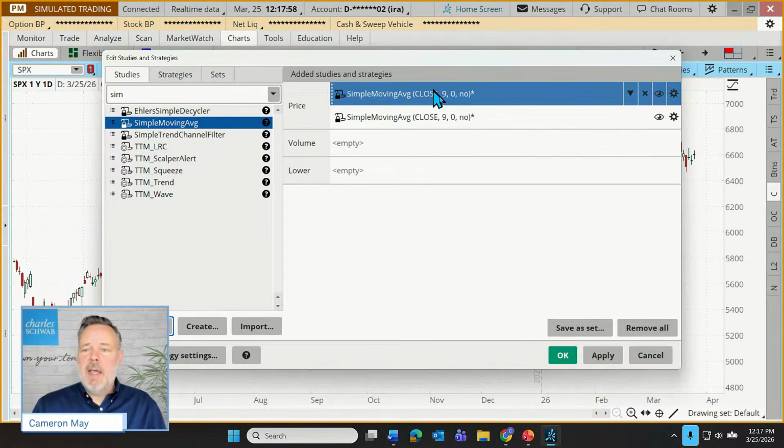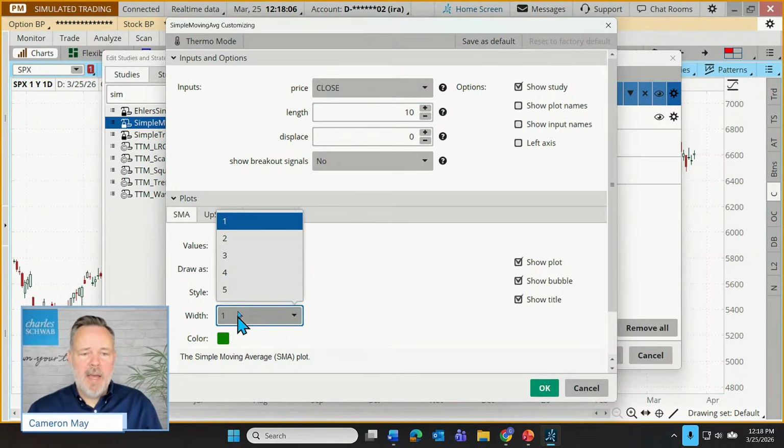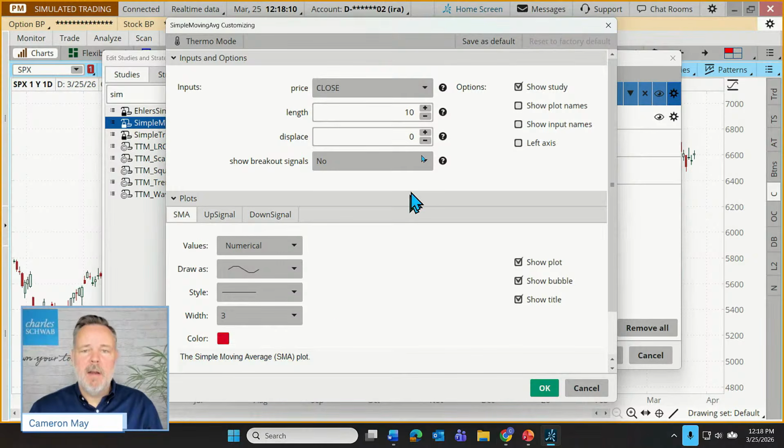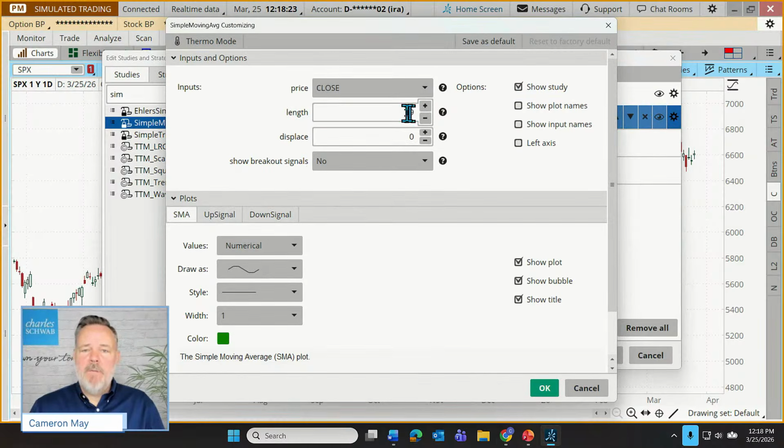How about for our first trend line, let's use a 10-period trend line, and let's give it a thickness of 3 out of 5, and we're going to make that one red. Okay, that's going to be our sort of intermediate term trend line. And 10 periods, 10 days doesn't sound like a lot. We're going to move this out to weeks in just a moment. Now, at the same time, let's add a 40-period trend line.